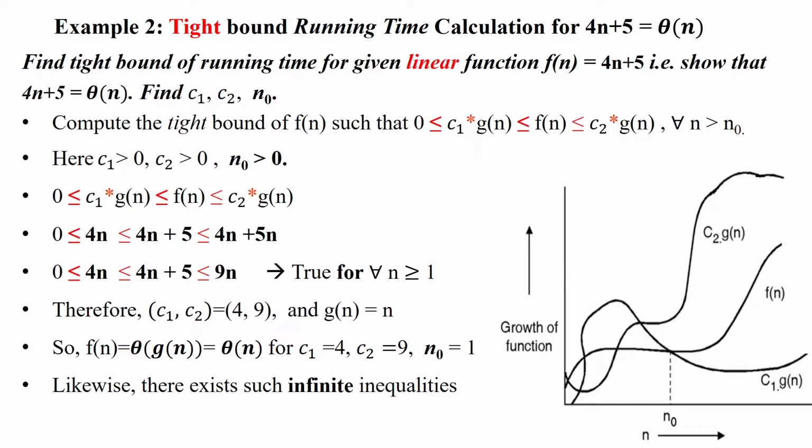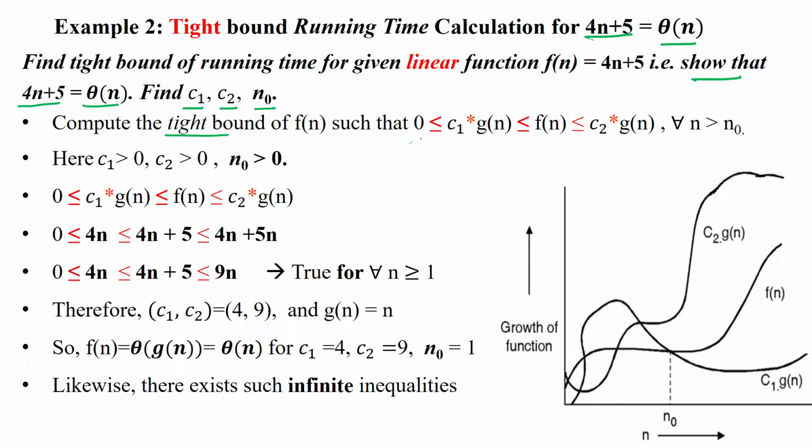Hi, welcome to tight bound running time calculation for a given linear function, 4n plus 5 equal to big theta of n. We can ask this question as: show that 4n plus 5 equals big theta of n. From this, find C1, C2 and initial input size N0, for computing the tight bound